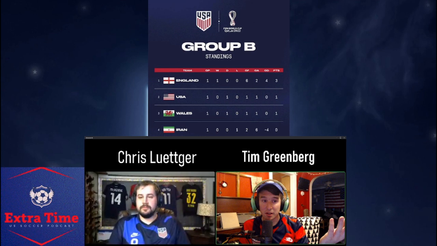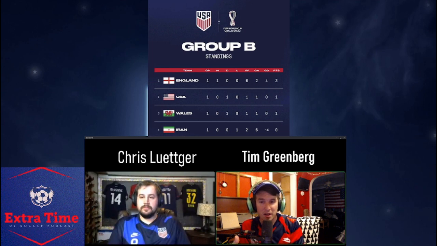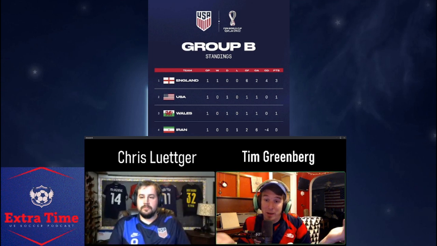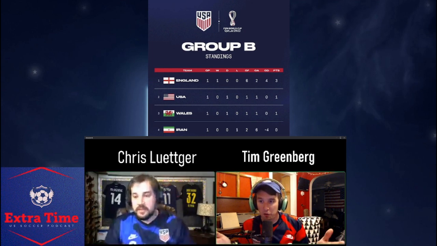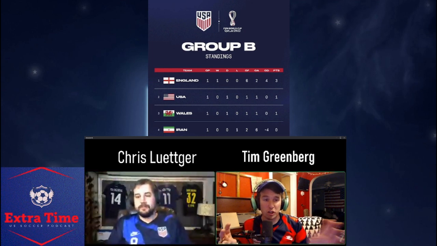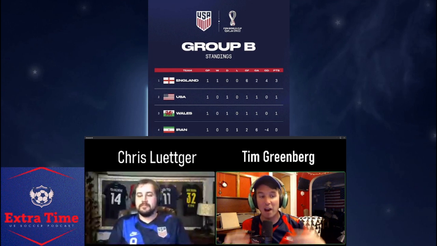But England is going to play us next. And I think that is a small detriment to the way that the group could unfold, because if England beats us, there's a chance they don't care against Wales, and Wales might get a draw or some kind of a result. Yes, unfortunately, that's very true. Unfortunately. So now we're going to get into this weird speculation. I'm asking everybody to kind of bear with us here.